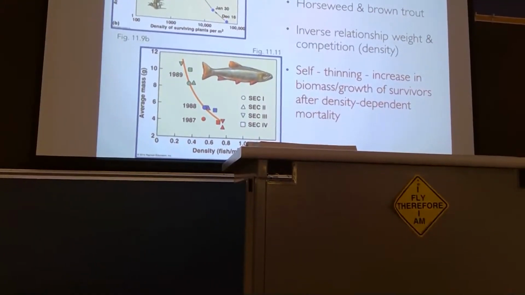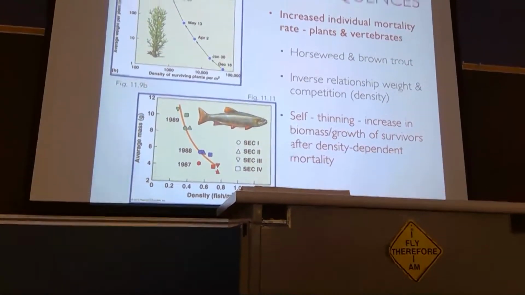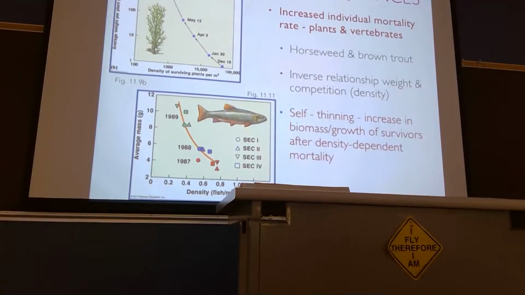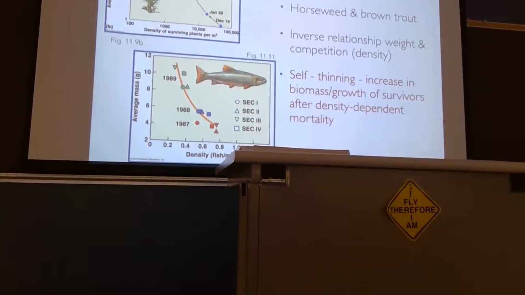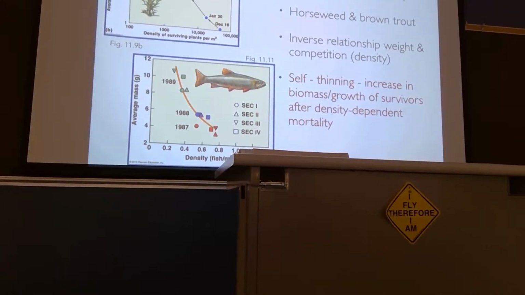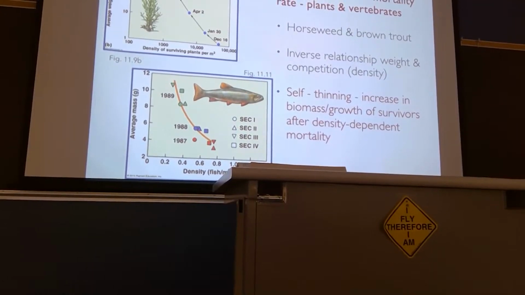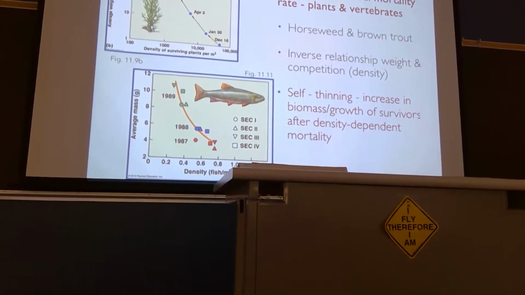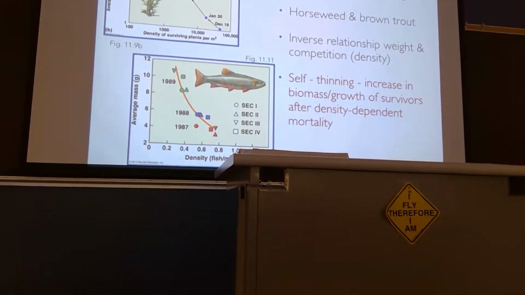And this is that idea of self-thinning that I just mentioned: increasing biomass and growth of the survivors happens after this density-dependent, competition-driven mortality. The population competition serves as a thinning process to promote the survival of the survivors. Again, it's this idea that you might throw out 1 million eggs. Competition of those larvae is going to produce a surviving population of those individuals best fit to compete for resources. And because they win competition, they grow better and survive better.